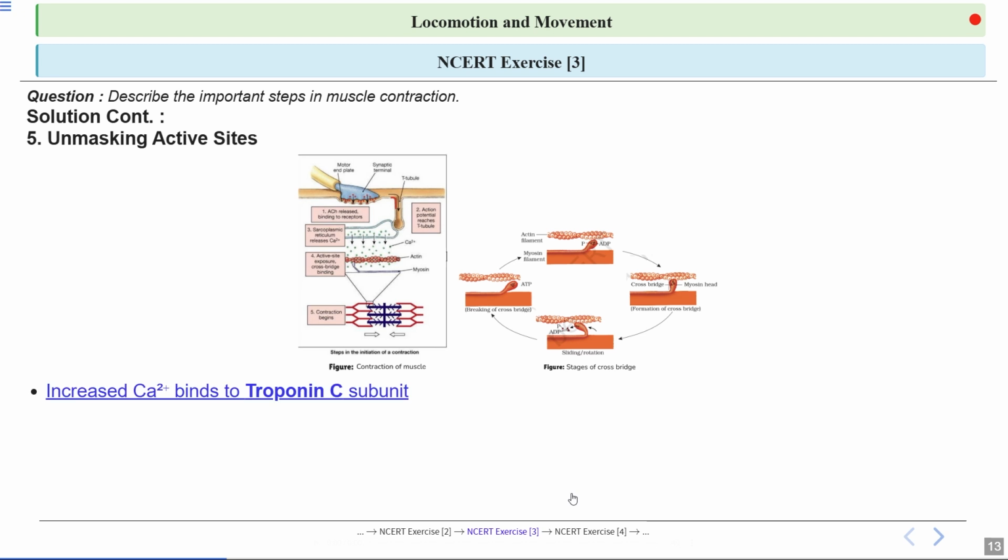Let's focus on calcium ion. When their concentration increases inside the muscle cell, they bind to a specific part of the troponin protein, which is called troponin C. So you can think of calcium as a key that fits into a lock, triggering the next steps in the process. Once calcium binds to troponin C, it causes the entire troponin complex to change its shape, a bit like how a switch flips when you press it. This change is crucial because it sets off a chain reaction, allowing the muscle to prepare for contraction.